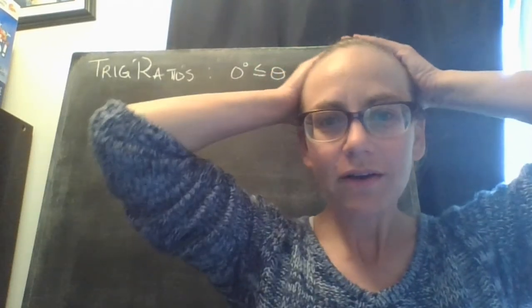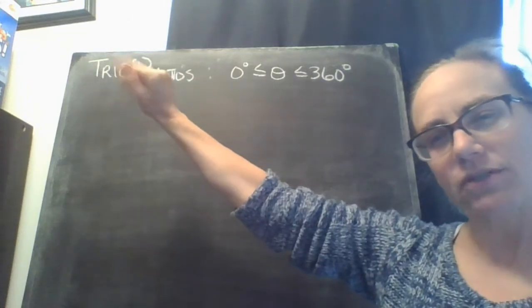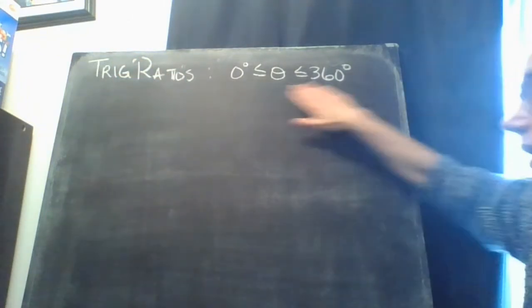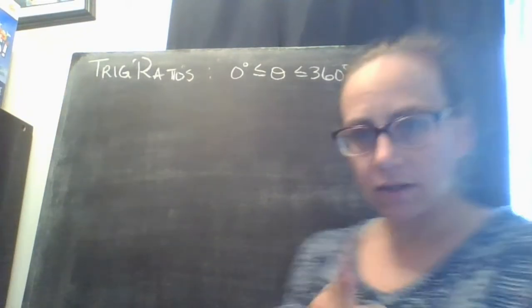Okay, guys, we're going to look at trig ratios. So that's our sine, cosine, tan. We're just going to deal with our primary trig ratios today. And we're going to do it for any angle between 0 and 360. Okay? So remember, let's not forget,